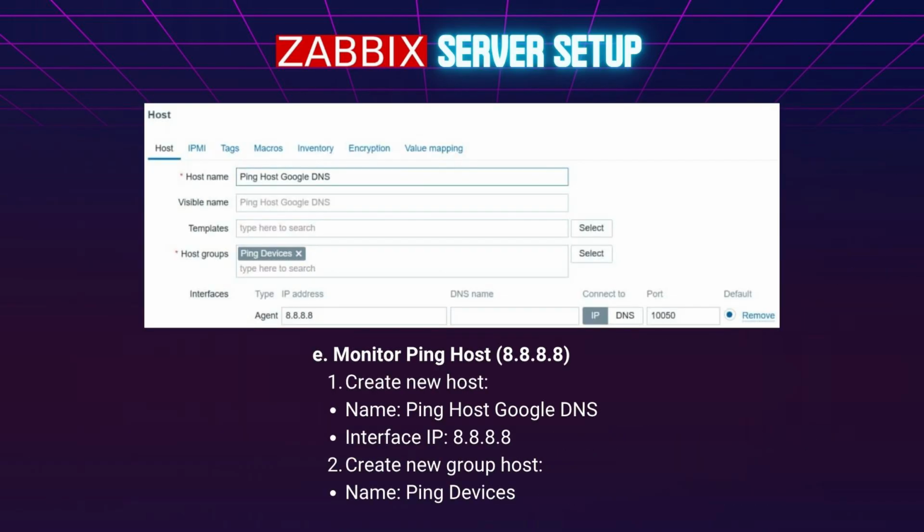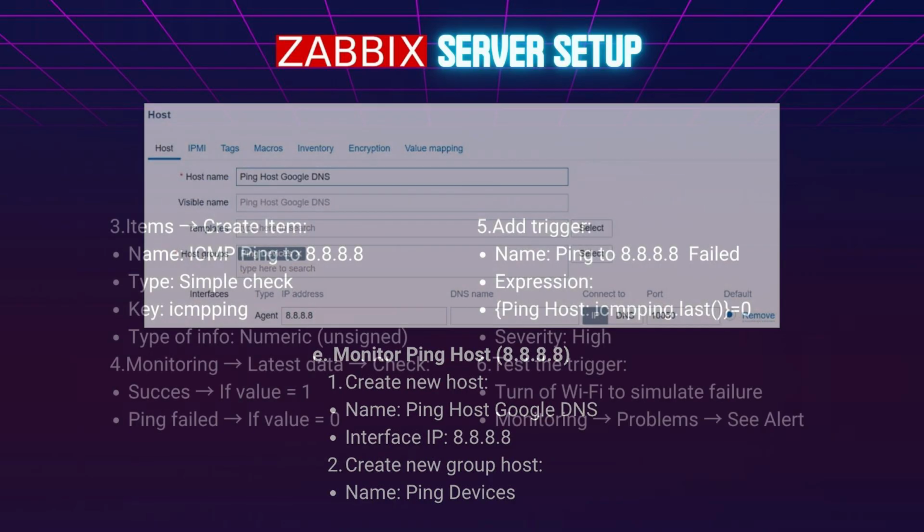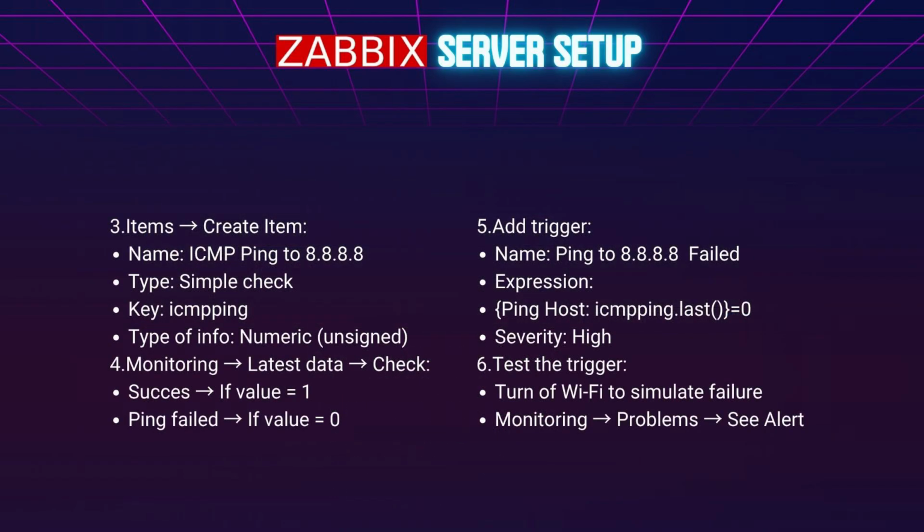We also configured Zabbix to monitor ping responses from Google DNS. So we created a new host named ping host Google DNS, interface IP 8.8.8.8, then created a host group named ping devices. New item named ICMP ping to 8.8.8.8. Type simple check, key ICMP ping, type of information numeric unsigned. In monitoring latest data, we verify the value: if the value is 1, it means success, and if the value is 0,